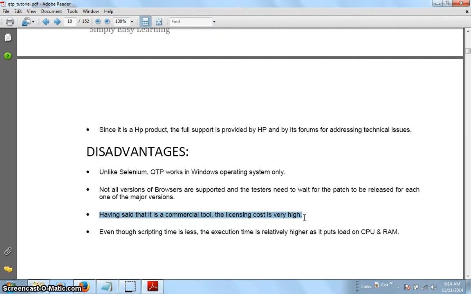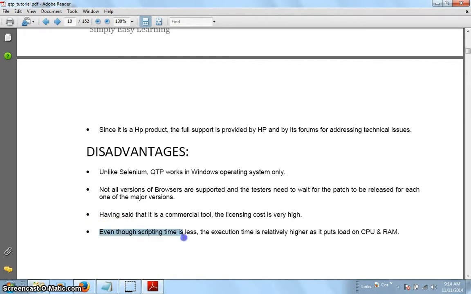Only those who can afford it, like big MNCs and banks, can pay for this kind of license. So license cost is a vital part of installing QTP. We are using a trial version that allows you only 30 days. So there is no cost, but in real project work, we need a license.